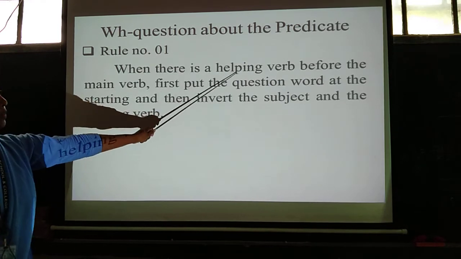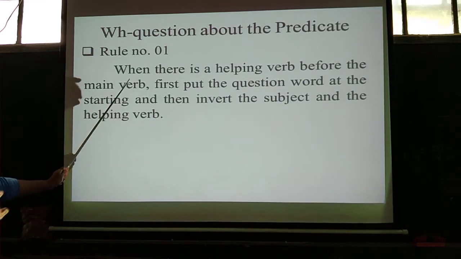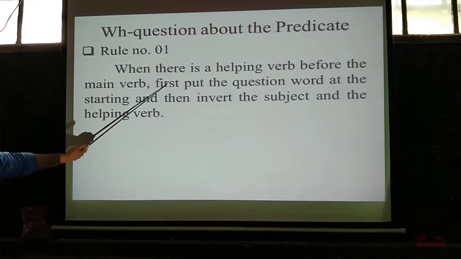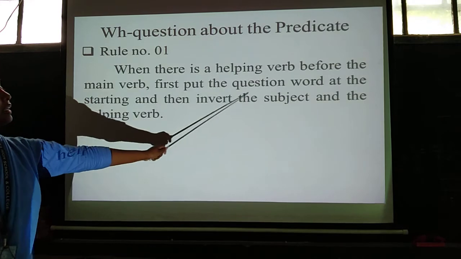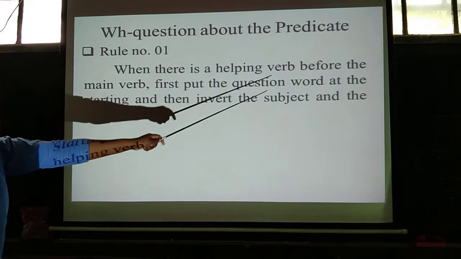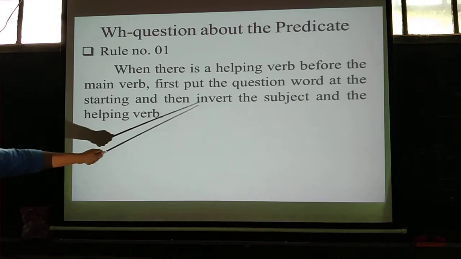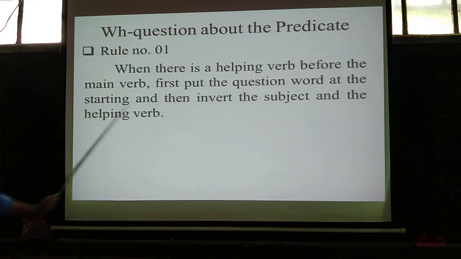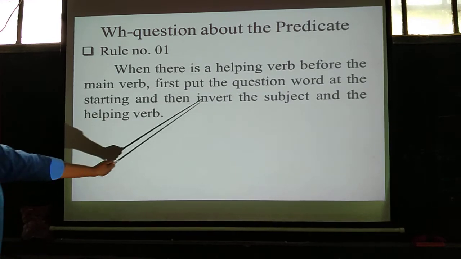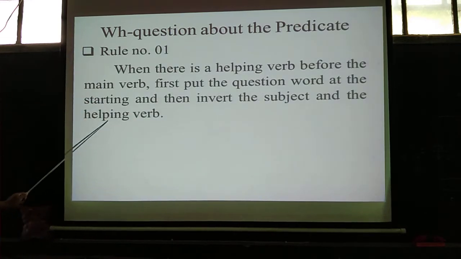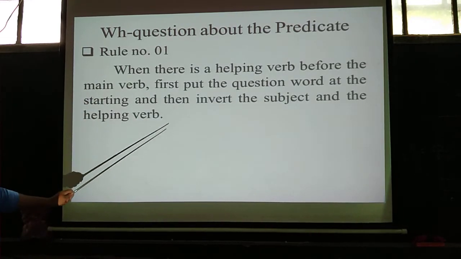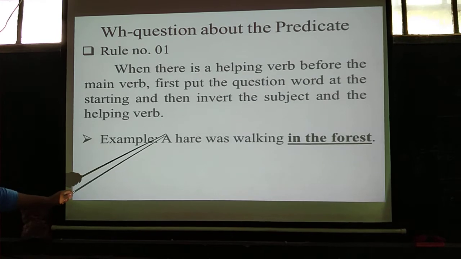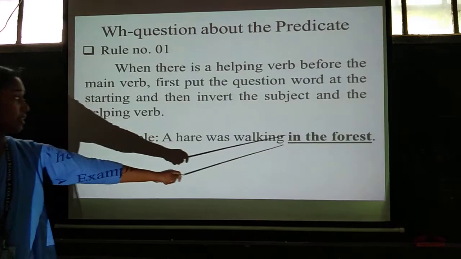When there is a helping verb before the main verb, যখন প্রেডিকেটের অংশে একটা সাহায্যকারী ভার্ব এবং তার সাথে একটা মেন ভার্বও থাকে, ফার্স্ট আমাদেরকে কি করতে হবে? প্রথমে পুট দ্য কোয়েশ্চেন ওয়ার্ড, আমাদেরকে সবার প্রথমে প্রশ্নবোধক শব্দটি বসাতে হবে অ্যাট দ্য স্টার্টিং, শুরুতেই, অ্যান্ড দেন ইনভার্ট দ্য সাবজেক্ট। ইনভার্ট হচ্ছে স্থান পরিবর্তন করা বা জায়গা পরিবর্তন করা। দেন ইনভার্ট দ্য সাবজেক্ট অ্যান্ড দ্য হেল্পিং ভার্ব। কোন দুটোর মধ্যে আমরা জায়গা পরিবর্তন করব? বলা হচ্ছে দ্য সাবজেক্ট অ্যান্ড দ্য হেল্পিং ভার্ব। ওই বাক্যে যে সাবজেক্ট এবং যে হেল্পিং ভার্বটা আছে সেই দুটোর মধ্যে আমরা স্থান পরিবর্তন করে দেব।